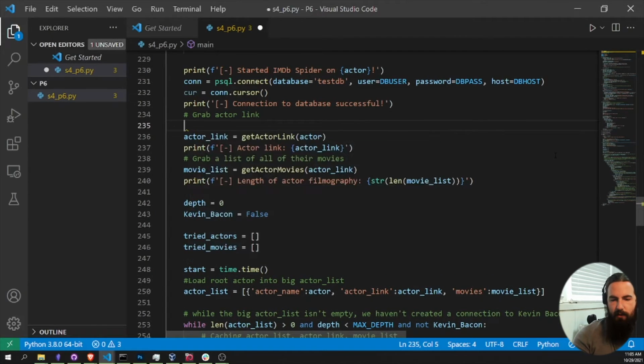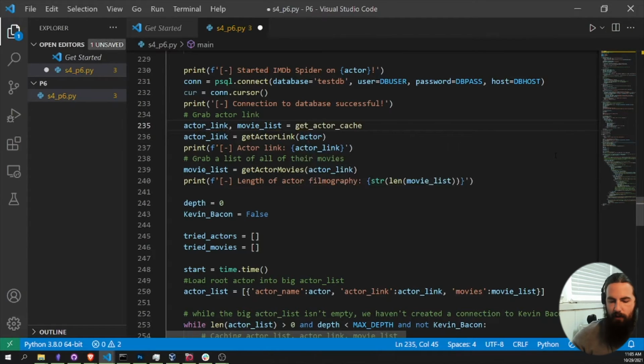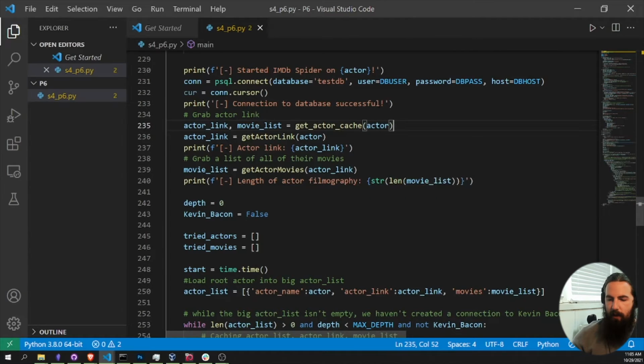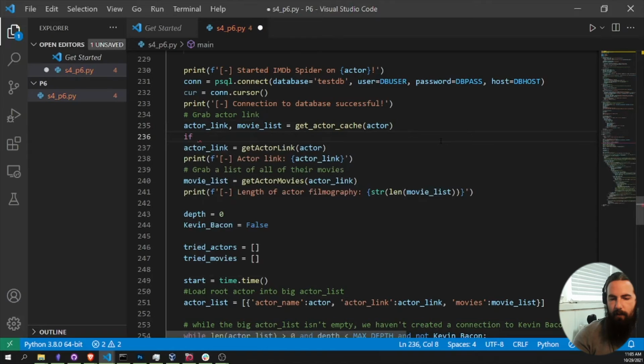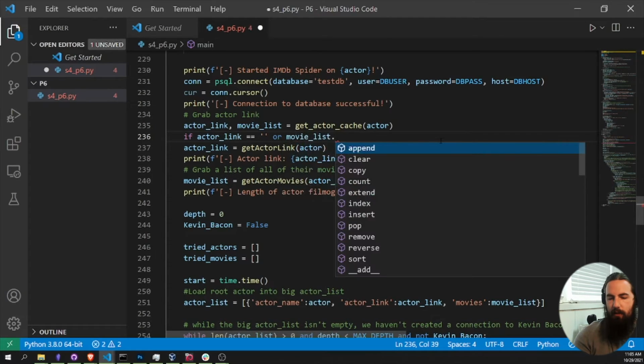So let's do actor link, movie list is equal to get actor cache. We are going to pass in the actor's name, so that is just actor. So then if actor link is equal to an empty string or movie list